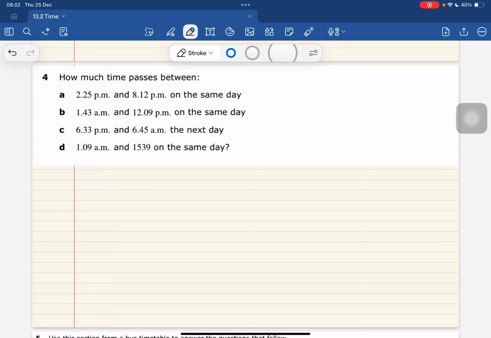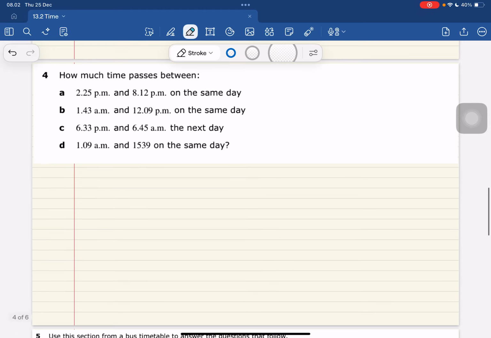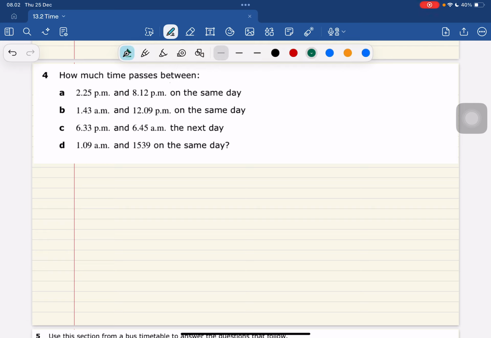Hi, I'm going to continue solving practice questions about time. How much time passes between this PM and PM on the same day? Let us change it into 24 hour. So, 2 o'clock is 14:25. And this means